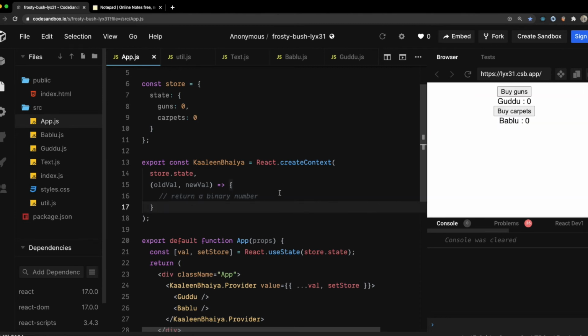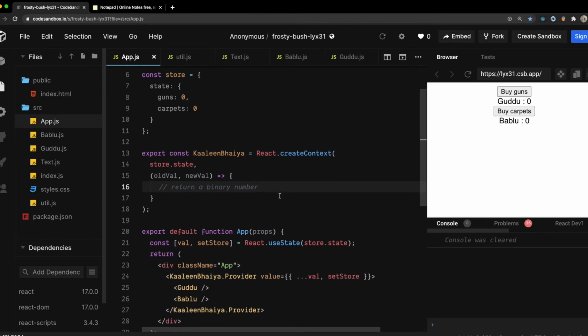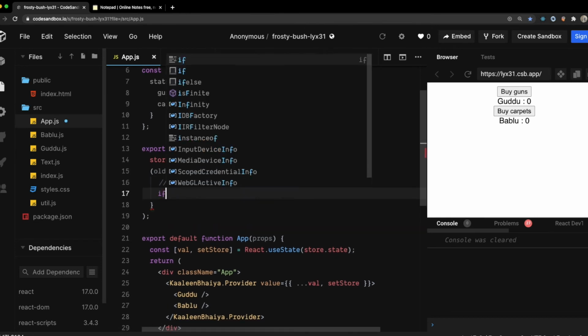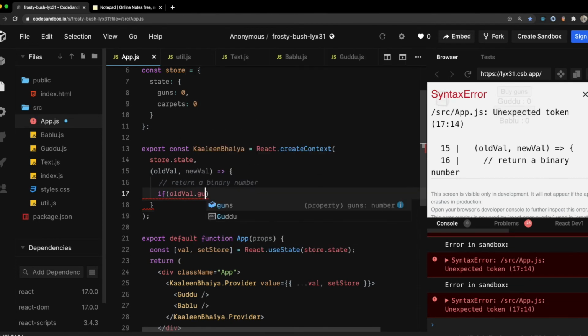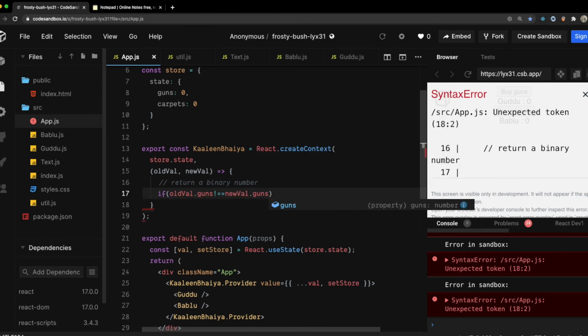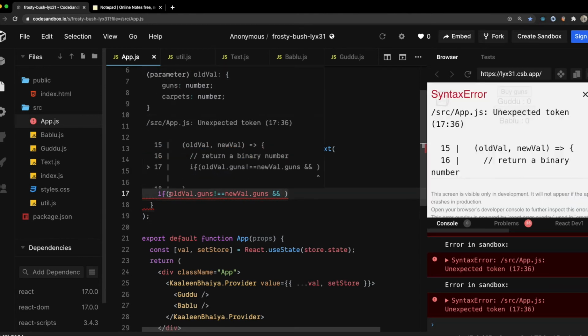So if old val dot guns is not equal to new val dot guns, it means my guns have changed, and my carpets have remained the same.